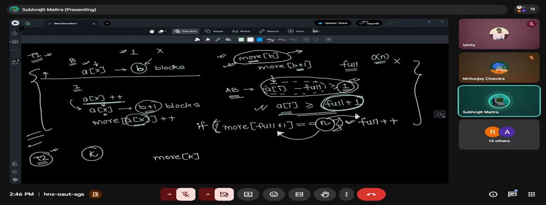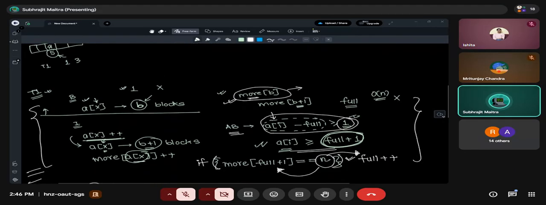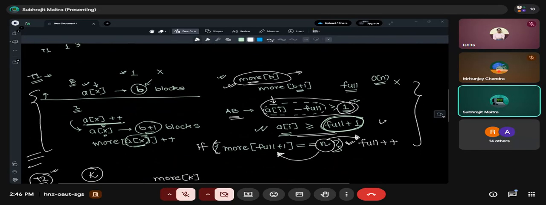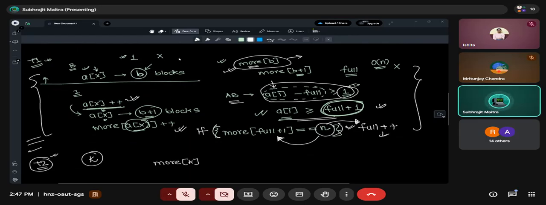Generally when we see a query type 1, type 2, segment tree or Fenwick tree comes to our mind, but these are O(1) operations. This updation, full plus plus, A of x plus plus, mode of A of x plus plus, are all O(1) operations.